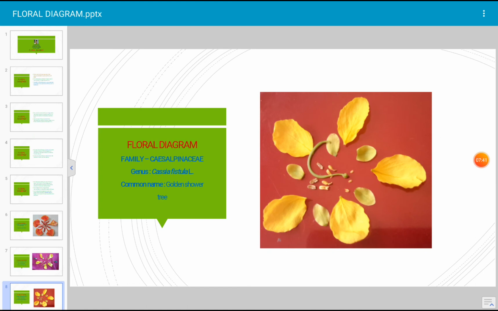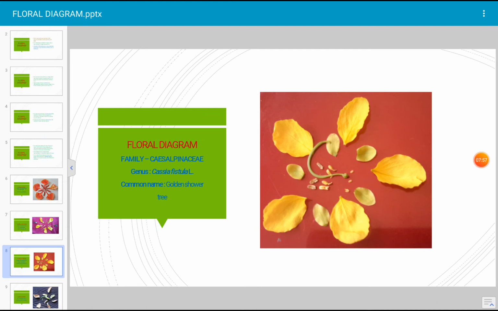And petals are 5 here. They are polypetalous. Petals are free. Sepals are also 5 in number. They are free. And in the androecium, there are a total of 10 stamens. 3 long stamens, they are fertile. 4 short stamens, they are also fertile, and 3 very short, highly reduced stamens are shown in the photograph. They are staminodes. They are sterile stamens. And this curved ovary is there.